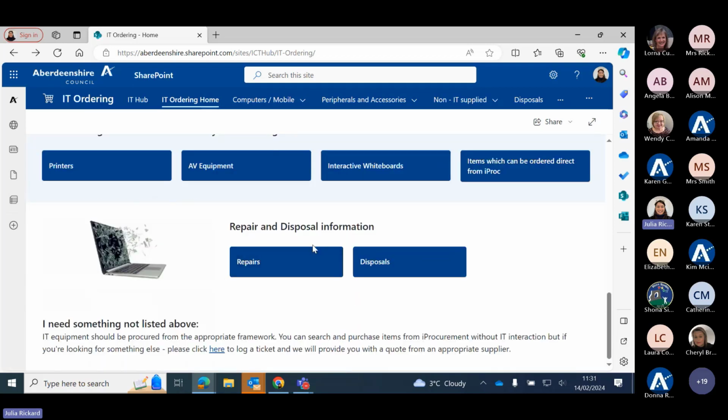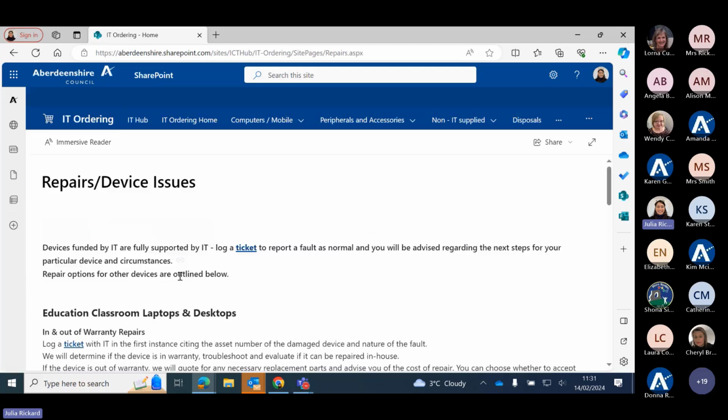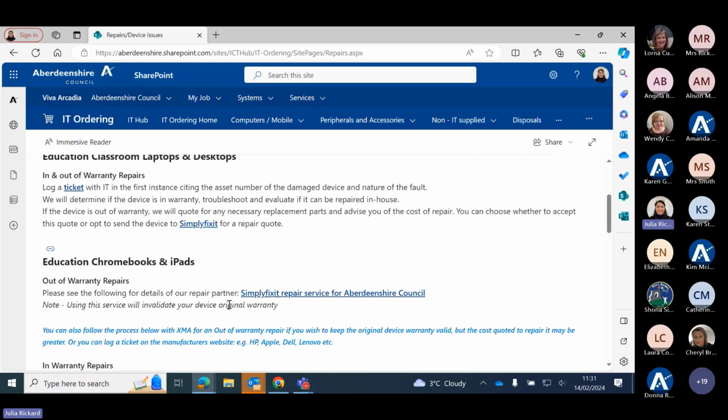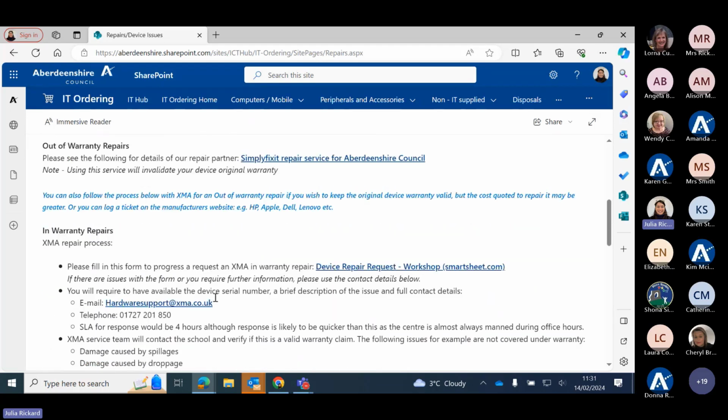You can see we've got repair and disposal information. So if we click on repairs, you're going to find out exactly how you can send away anything for repairs. It's very detailed here. You can look at the Simply Fix It repair service. There will be some things that are just beyond repair and you're just going to have to purchase a new one. You can ask us for advice as to whether or not we think that it will be worth repairing, or if you just need a new one, because sometimes if it's just a screen that's broken, for example, on an iPad,